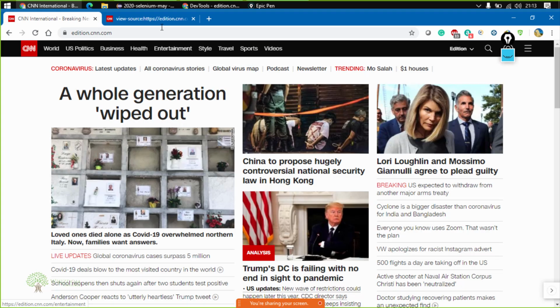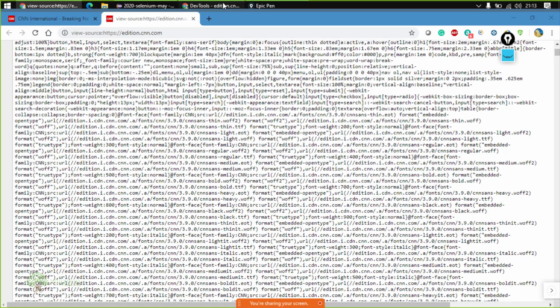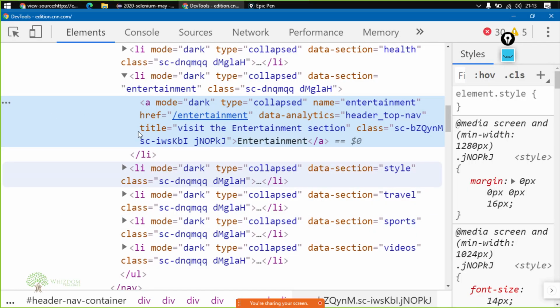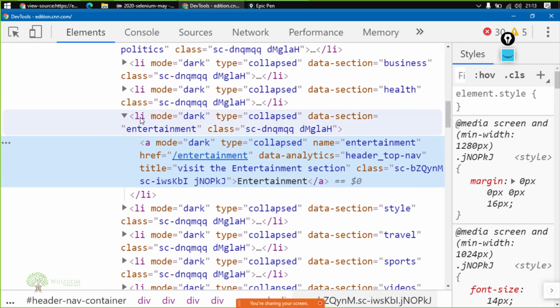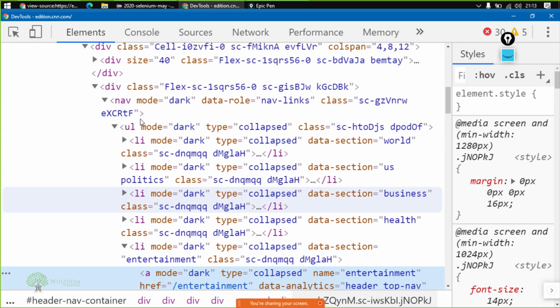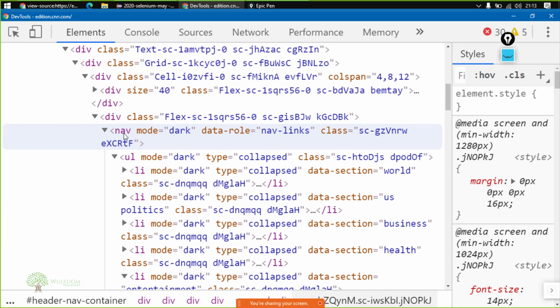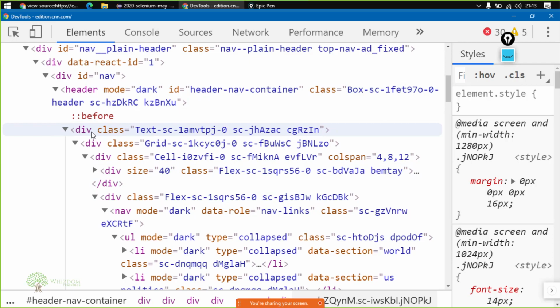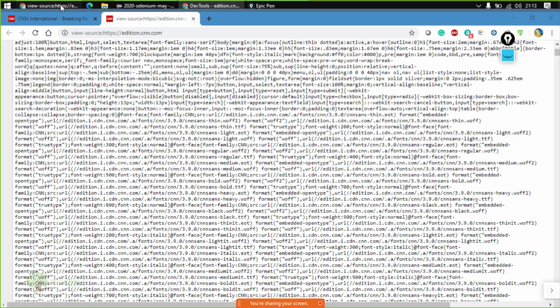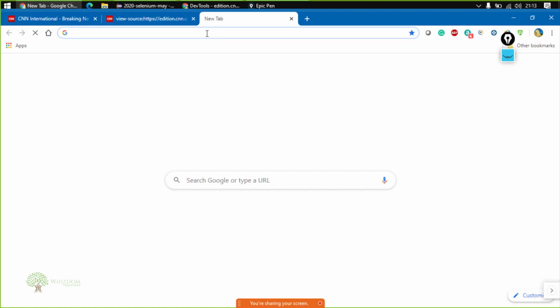Now as I said earlier, these are the objects. This means that there are different types of objects. As you can see on your screen, there is a list item, then there is a nav, right, div. So there are different types of objects on the page. Now let us just have a sheet here,